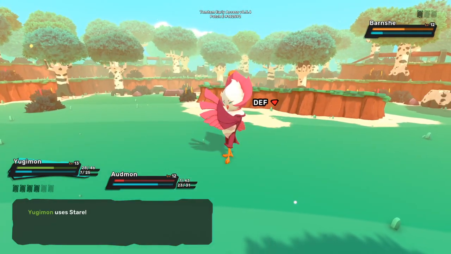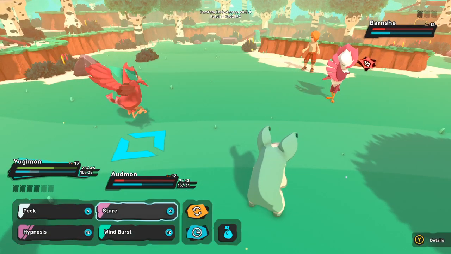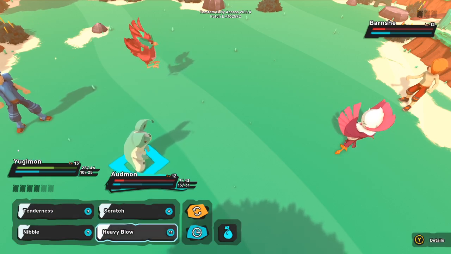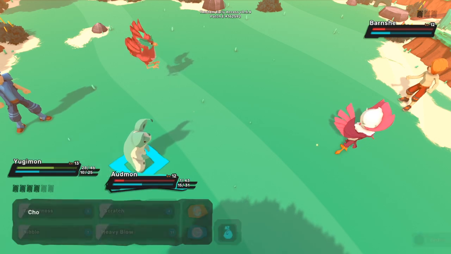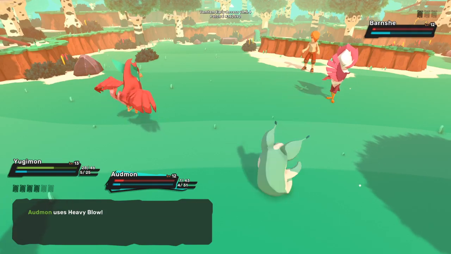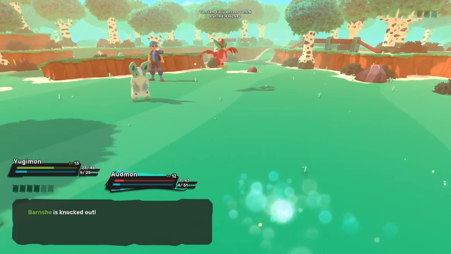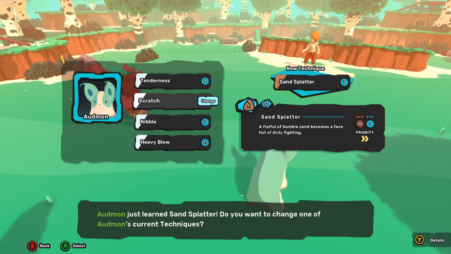I'm pretty sure heavy blow should be a physical, because it kind of looks like it's a special attack, but I don't know. Alright, let's go for a peck. And let's see, is there a higher priority? No. So yeah, let's go for another one, I guess. Yeah, dang it. I mean, obviously that would have been resisted. I don't know why I thought it wouldn't be. But that's really interesting. I think it's a mental type then. Alright, Sand Splatter better than...